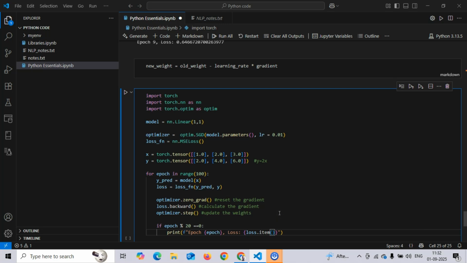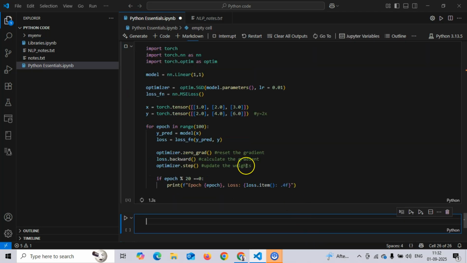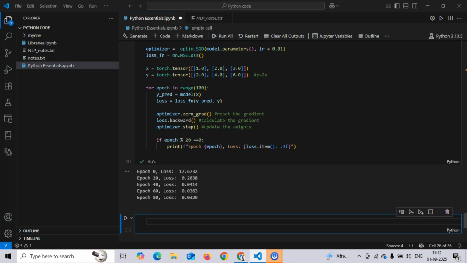For every item we are calculating the loss, formatted with 4f, because you might get outputs as float values with up to 10 decimals, and we don't want that. So because of that, we updated it to be this.